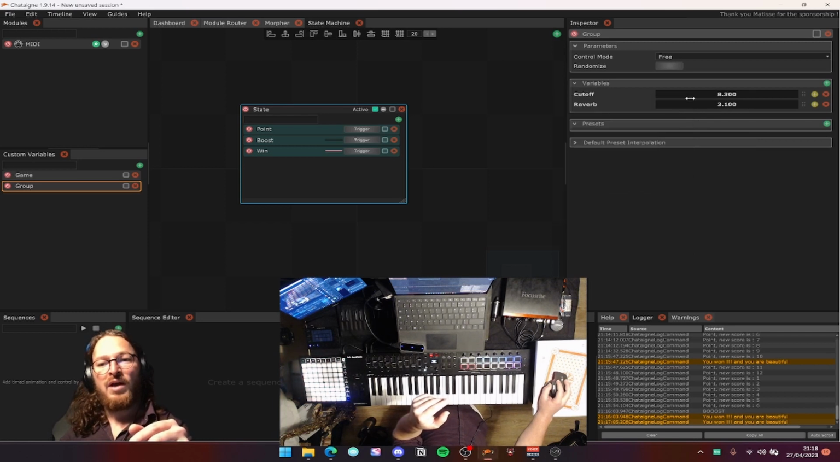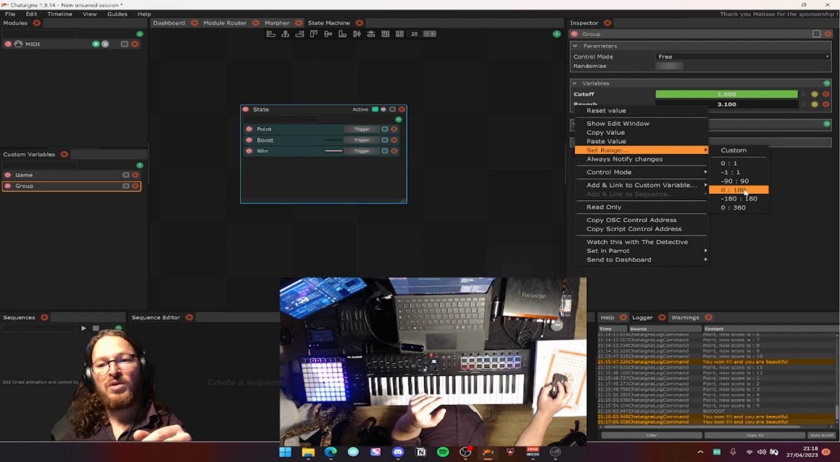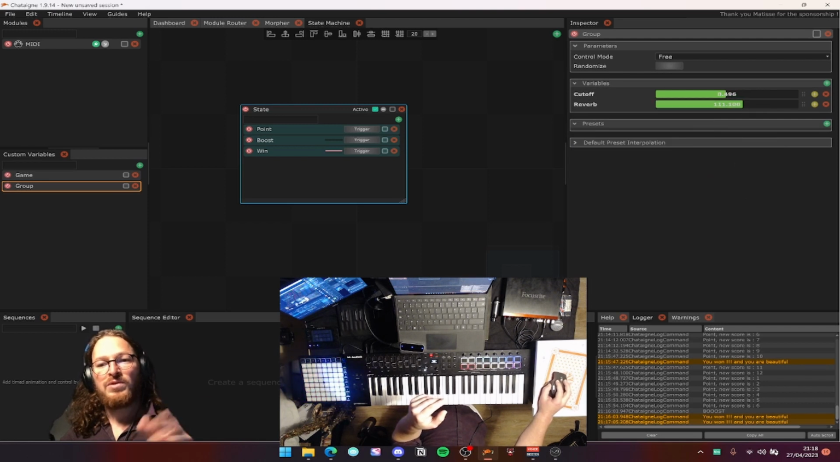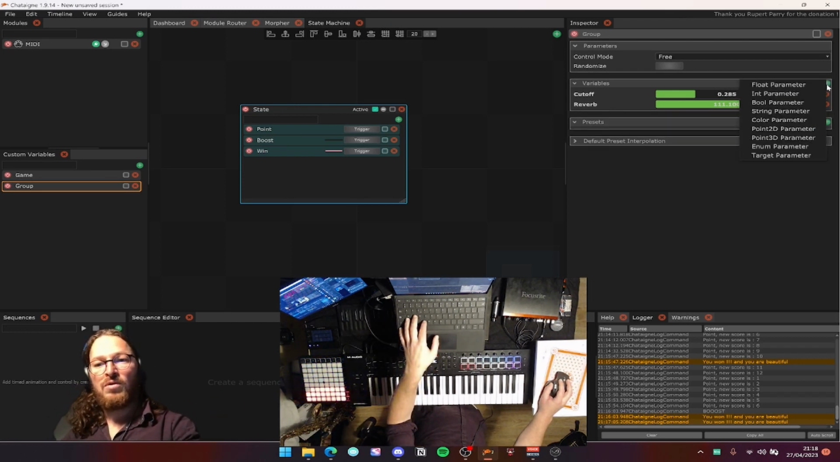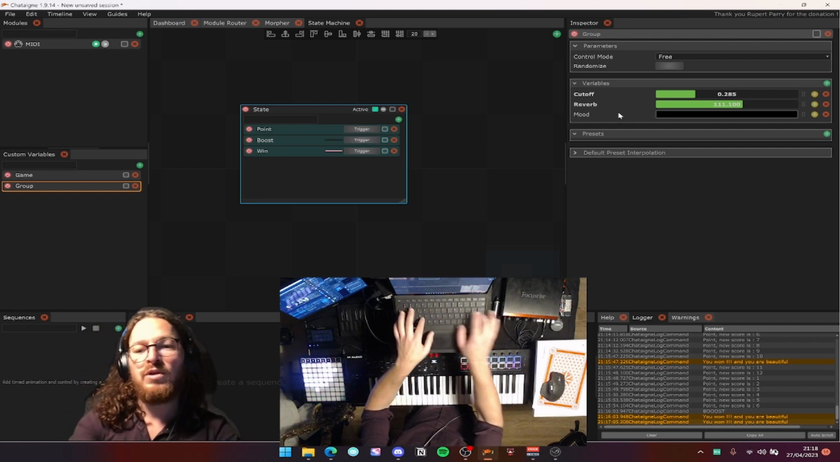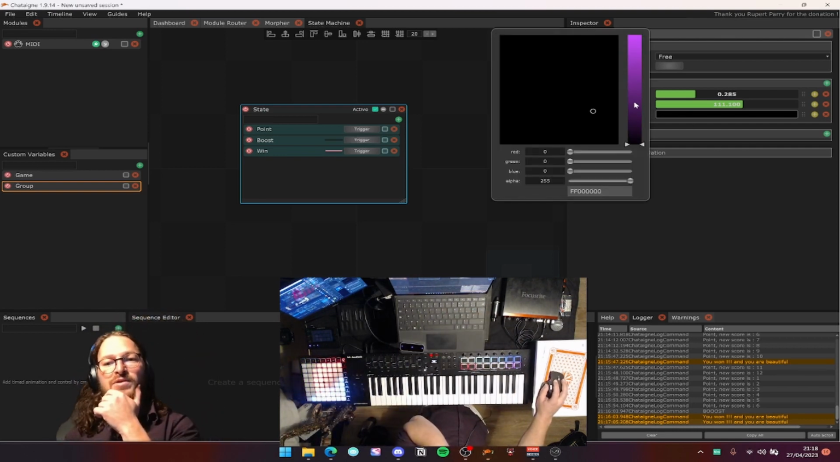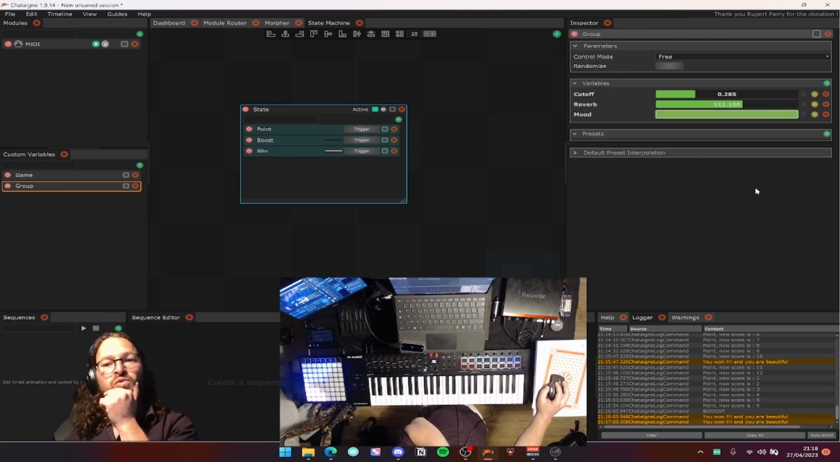And so I have a float. I can change it. I can do a range. So I will do 0 to 1. Maybe this one will go 0 to 180, for example, for some reason. Boom. Cutoff, reverb, and let's put some color up. I will call it mood. So I have those three variables, and that's good. And maybe I want to